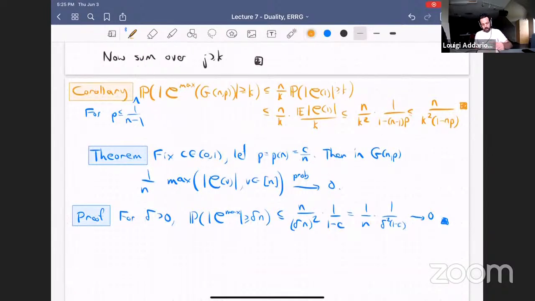Let's think about what this argument actually says, right? If we look here, in order to make this tend to 0, we had a lot of room. This is tending to 0 very quickly, right? We could have gotten away with something smaller than 1 over n here, right? The same argument